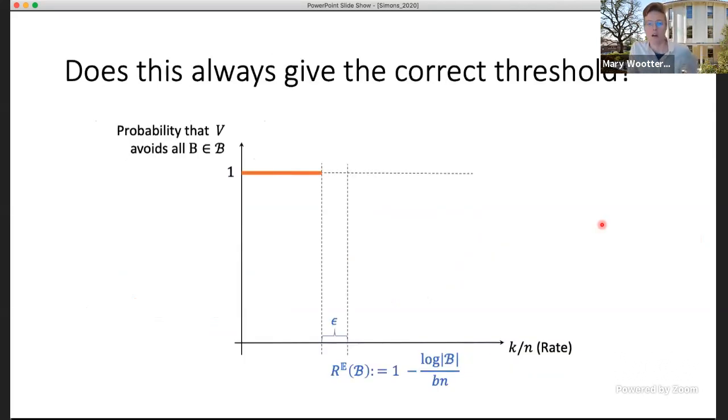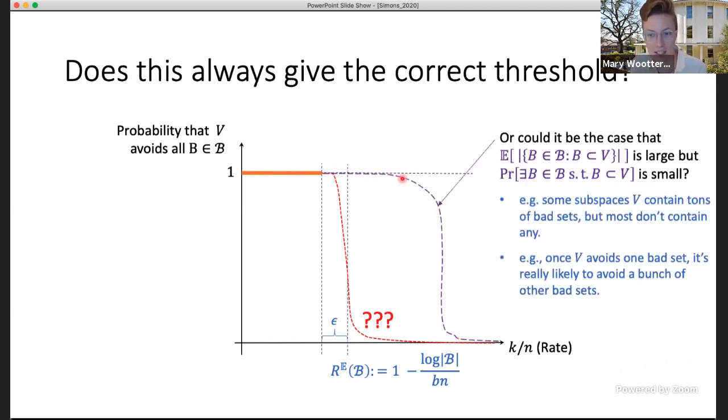Cool. Okay, so getting back to our question of what is this threshold? What have we just learned? So we've just decided that by Markov's inequality, there's this very easy to compute threshold right here, this expectation threshold, so that if I back off by epsilon, it's really, really likely that I avoid all of the bad sets. And the question that we might be asking at this point is, well, is this the right threshold? Is it the case that the curve ought to finish off by doing that? Or might it be the case that I could go a little bit past that and the threshold is something else?